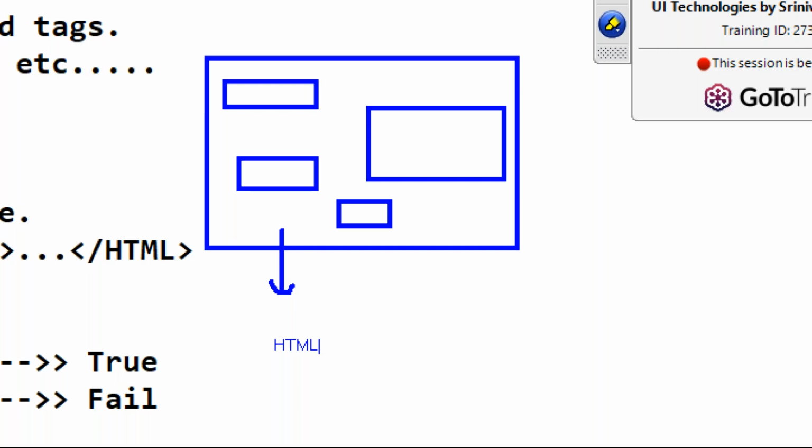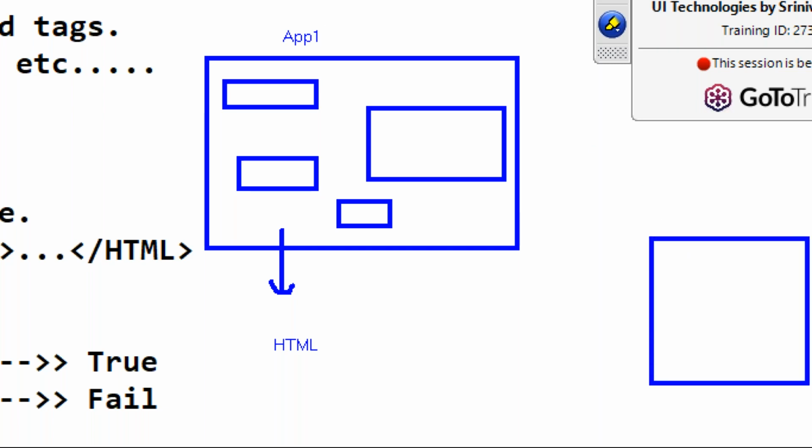So by using this HTML, we can display the content of our website. Okay. So by using XML, what we can do? By using XML, this is one application, Application 1. Now here I have another application, app 2.